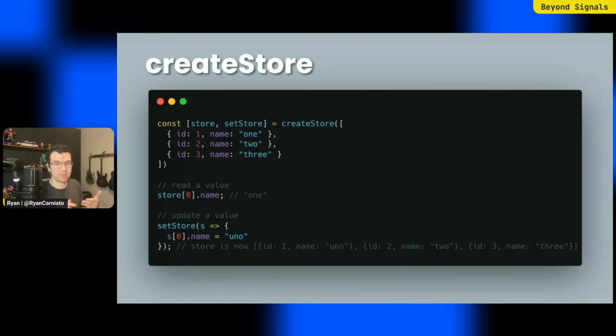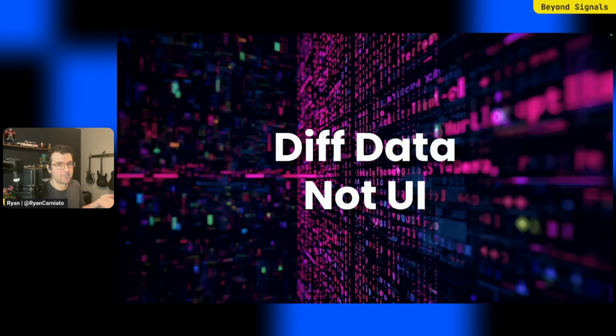This is important because we don't want to over-notify when things change. If you update the street number of an address on a user, we don't need to tell the user it's changed. Each field updates independently. It's why the DDoS is way less likely to happen, and why when you update the state of the done on like a toggle on a to-do, we don't need to rerun any components or do any diffing. The data can get to the leaves without recalculating everything in between.